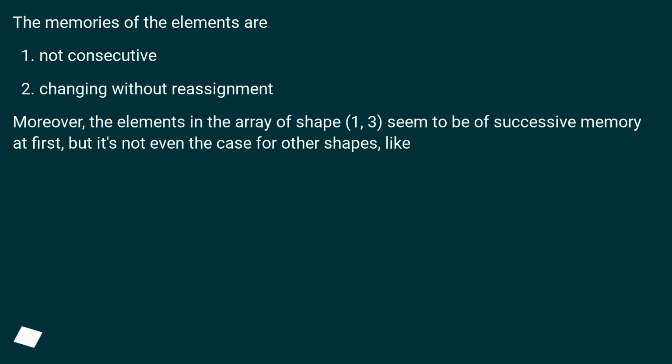The memories of the elements are not consecutive, changing without reassignment. Moreover, the elements in the array of shape (1, 3) seem to be of successive memory at first, but it's not even the case for other shapes, like